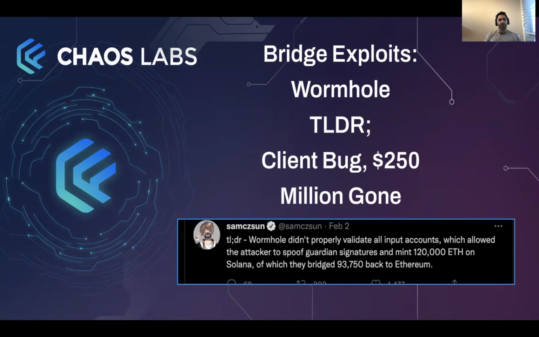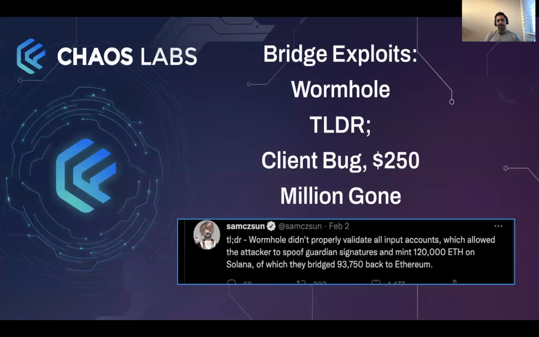So again, this is another type of bridge, which, if you remember, we mentioned earlier, is of the type of external validators and federations. We have these trusted actors which sign off on received messages and execute actions on the source and destination chain on behalf of users. And here again, we have these three components: two clients on each end of the bridge and the bridge itself, or the channel for communication. Again, the bridge itself here wasn't exploited. It was the client that was acting on behalf of users, in this case the Solana client.